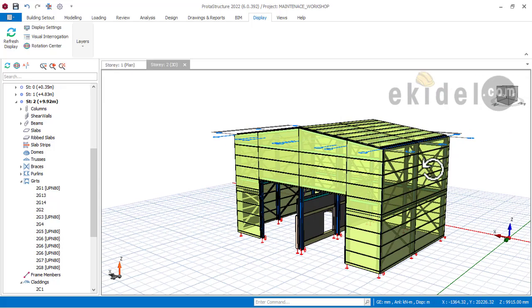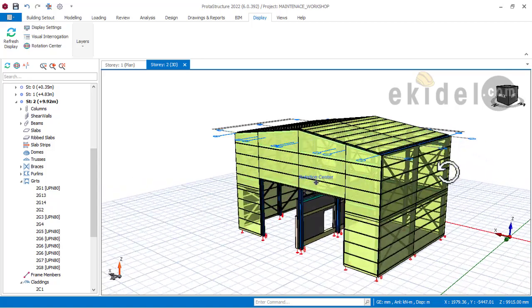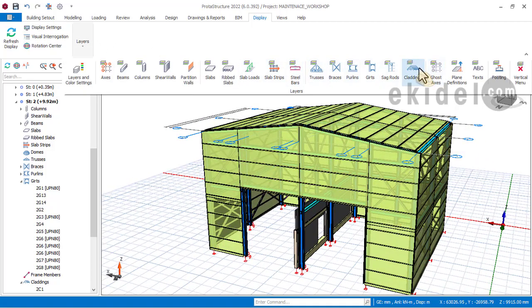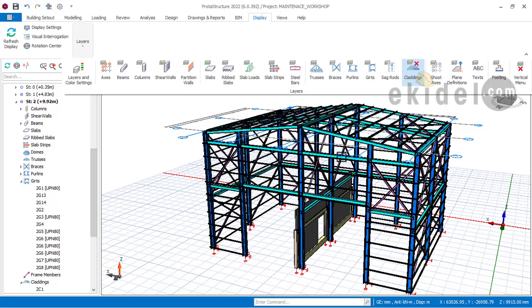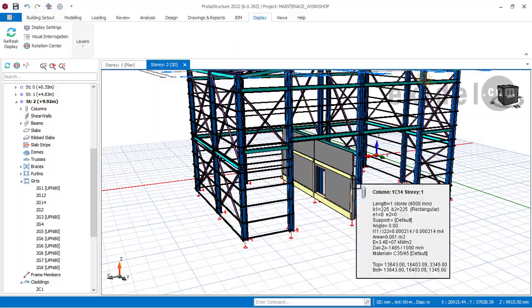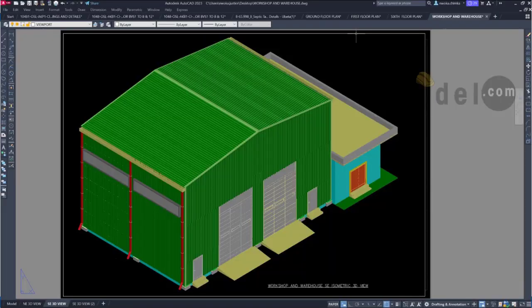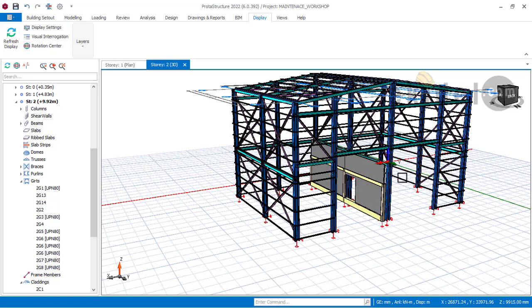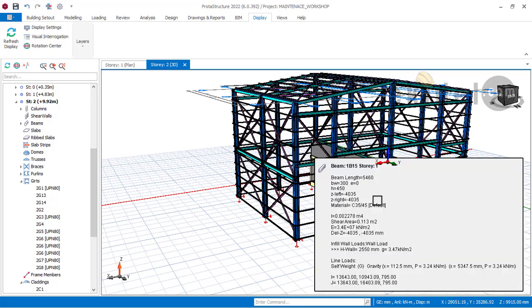Okay, so right now you can see the cladding we have just created. We considered a lot of things while we were doing this steel modeling. Now you can see the picture of this steel cladding. This is actually a real life project. So we considered everything that we are meant to consider, how to choose your sizes for